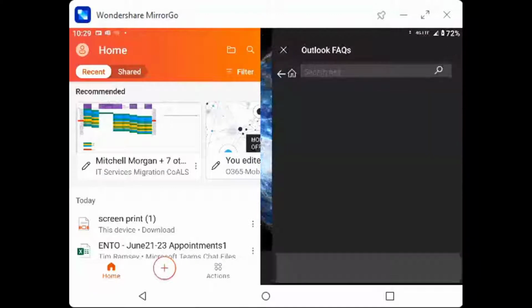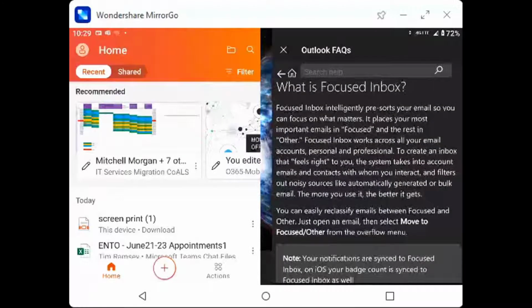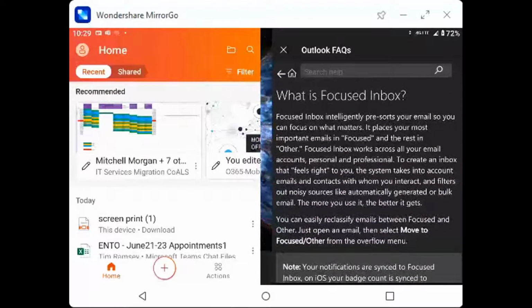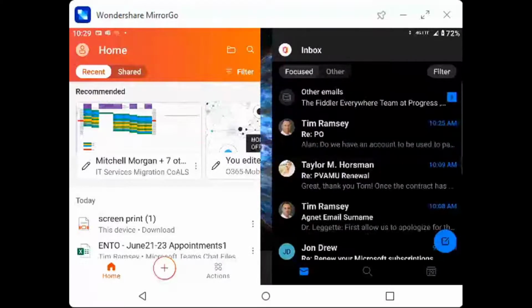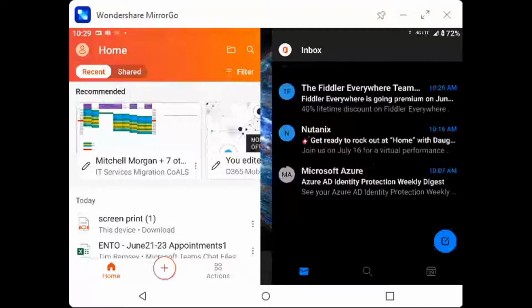The focused inbox is a way to pre-sort your emails based on your reading and or interaction with that email account. If I go back to my inbox view here, you'll notice up at the top under inbox, you have focused and other. And many of you may have this turned on with your Outlook client on your desktop computer as well. But if I click other,